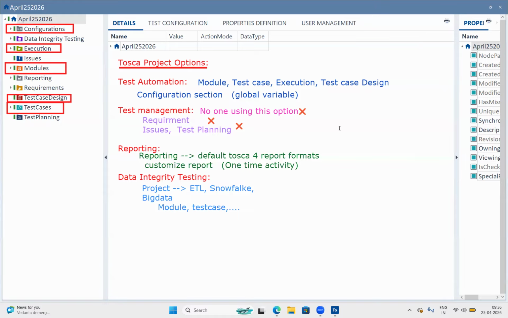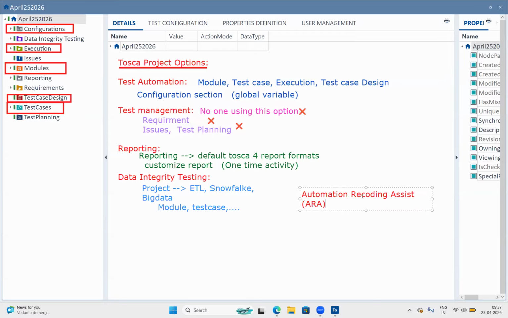The next point is here, team. This is the framework. Other than this framework, Tosca is providing a few more features to us. One is the ARA feature. What is ARA? ARA is nothing but Automation Recording Assistant.